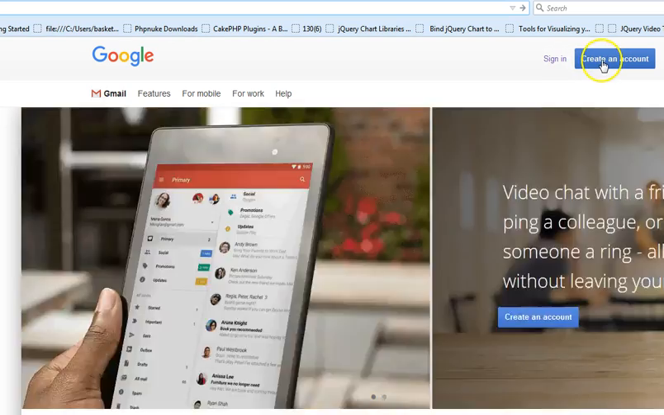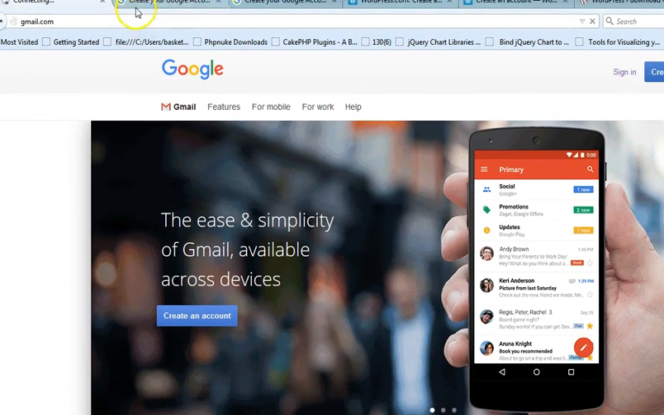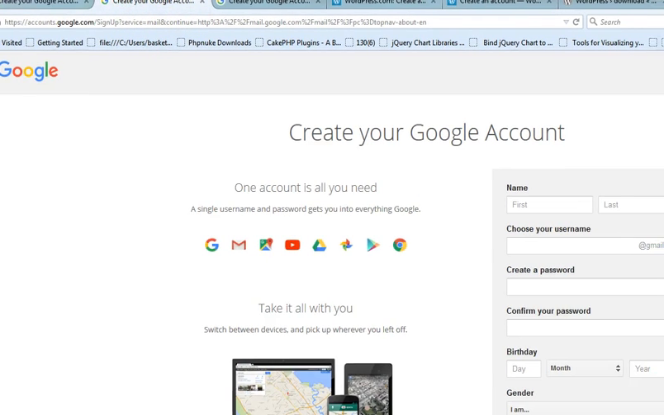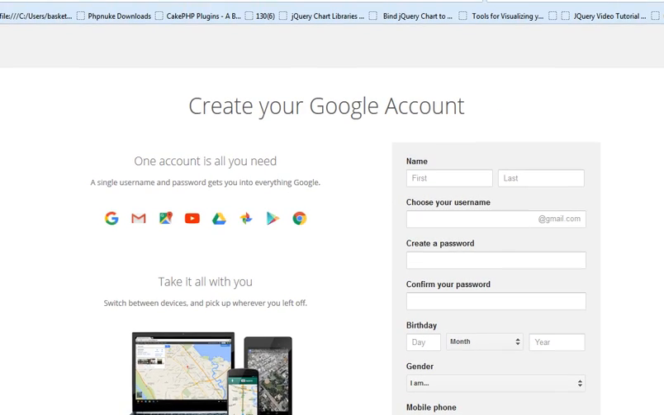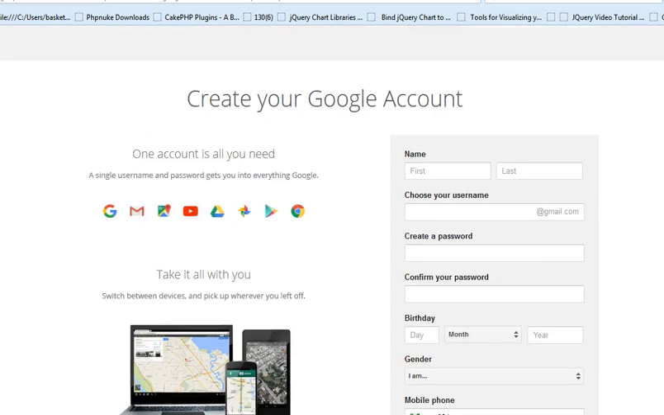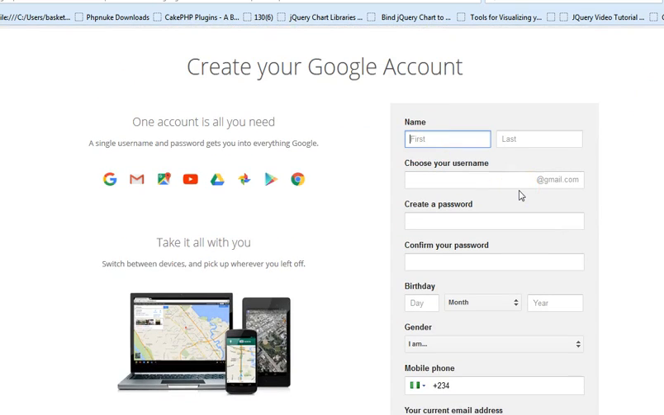Alright, so you click on create an account and it takes you to a page where you get to create a new account. Alright, so I'll just keep this here. In this page we'll get to create a new Google account. Then I'm just going to choose a name